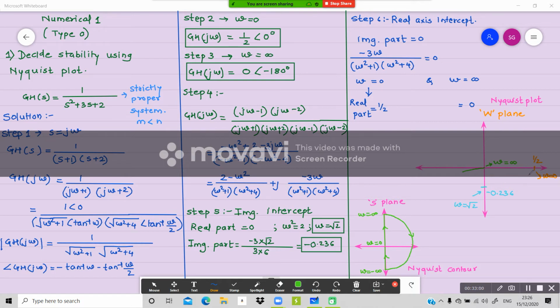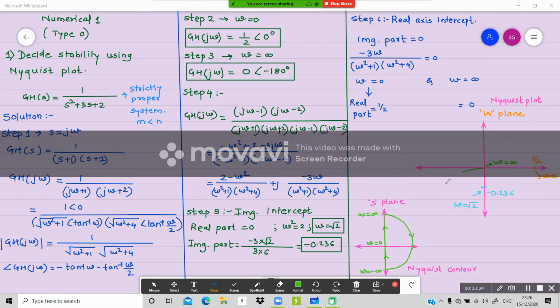So now definitely I want you to calculate. Just take any value like 0.2, 0.5 for omega and try to get these magnitudes and angles, right? And you will have that in tabular form. I am not going to waste time on that. On the same line, after omega has increased, you try to calculate the values.